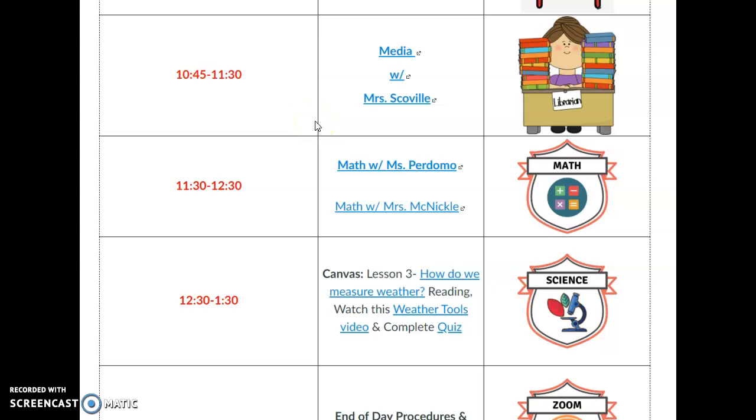During our science time, we have 2 days for science where we are actually reading and learning and taking notes in the classroom. And then we have 2 days of science inside of the STEM lab. So our second day of science today has been, again, more reading. We are reading about how we measure weather inside of our textbook. And then afterwards, they watched a video about weather tools and they completed a quiz. All of that was independent, and then they could come into the Zoom and socialize once they were finished until 1:30. After 1:30 at the very end of the day, we filled out our planner.